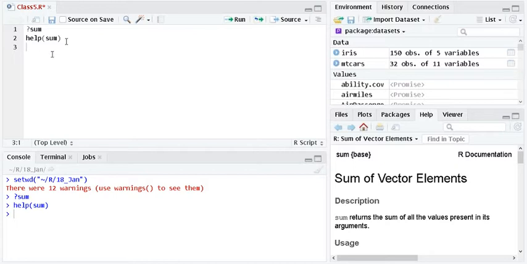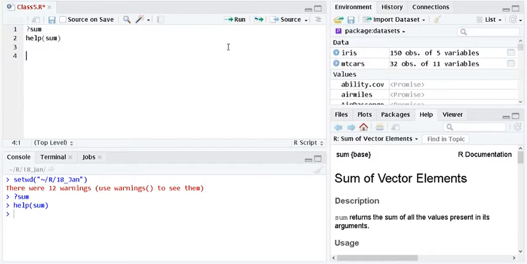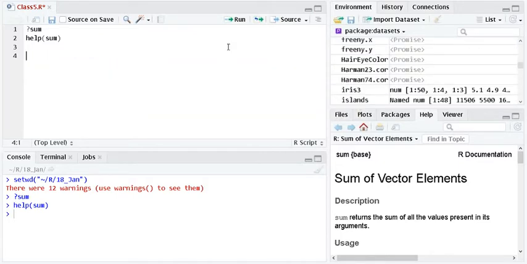If you want to have a look at the preloaded data sets, I hope everybody knows that we have to install the packages, and how to install the packages. Do we know? Are we going fast? We have not covered anything still. Do we know how to install the packages? Okay, you already know how to install packages. And the library function also you are aware of, right? Okay, so basic things you are aware of, but vectors you have not started.